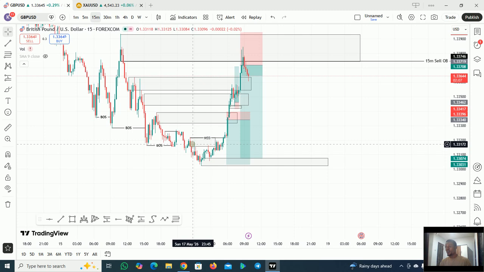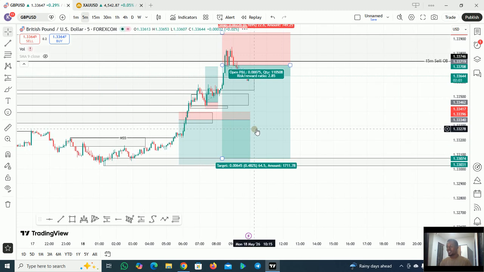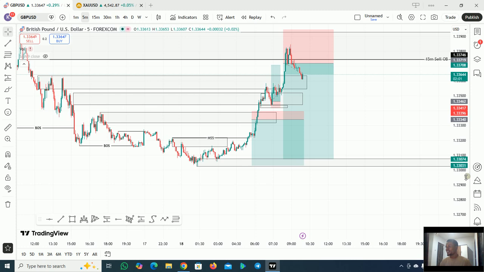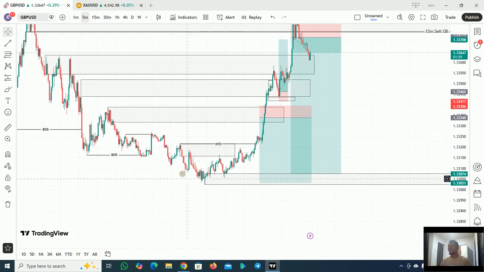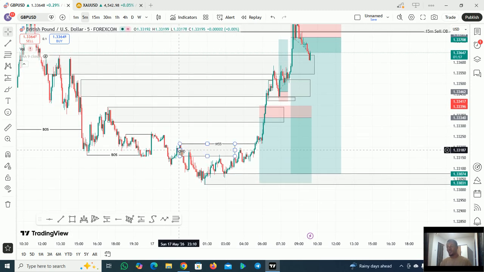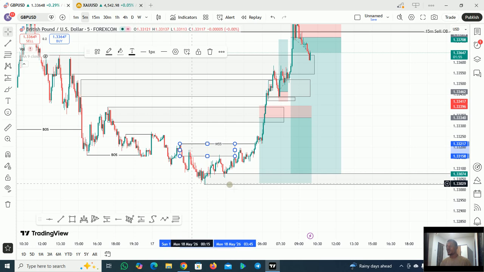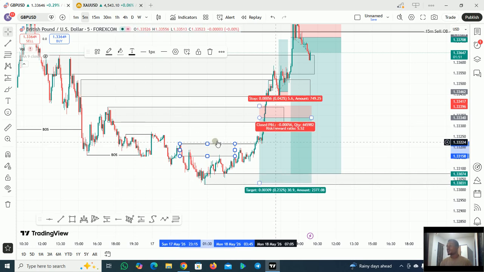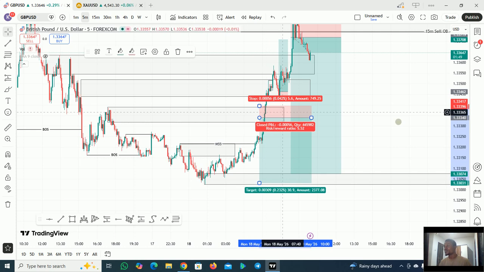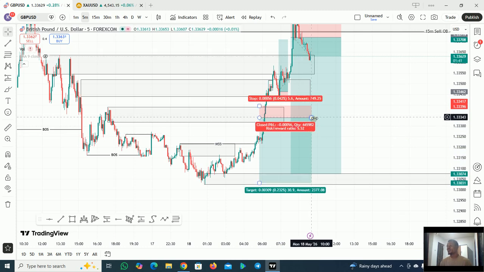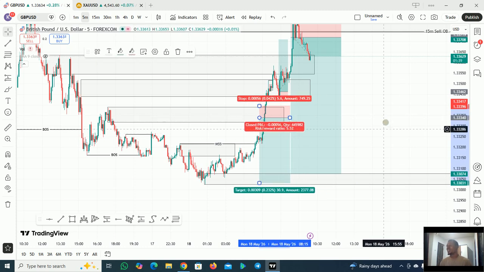So I saw price generate liquidity. Let me show you how I lost this market. It was my edge too. So I saw price generate liquidity from here. So I was like, oh, price has already built liquidity. So I traded from this zone and boom, price took me out. It was my edge, so I couldn't do anything. So it was the market. But I made sure that I followed my rules and I saw everything that I saw.